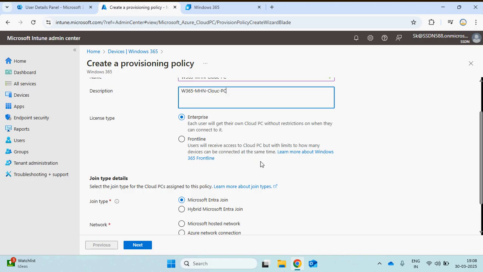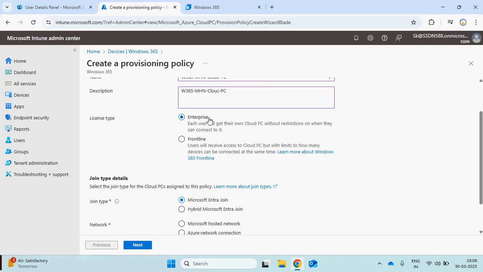In frontline you have one license which you can assign to three people, and they will get individual cloud PCs, but at a time only one can use it. They are also working on multiple sessions at the same time, but that is not released by Microsoft as of now. So let's go with the enterprise.